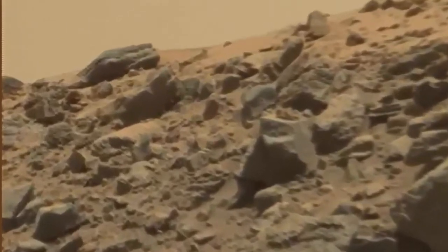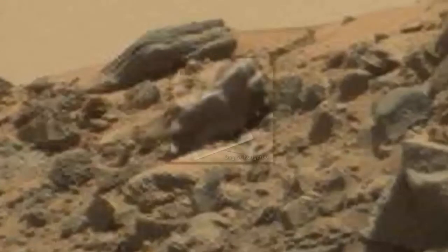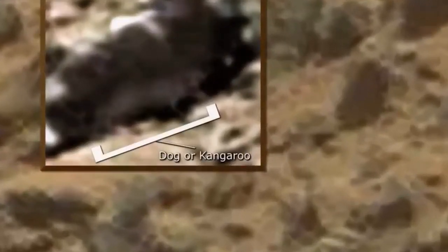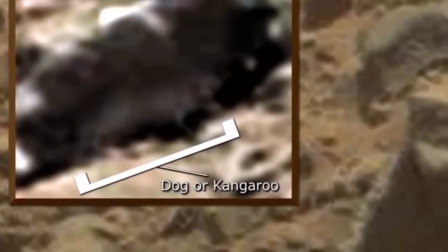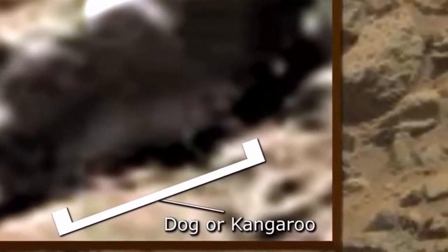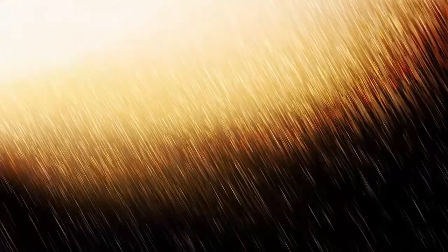NASA always adds a fake yellowish color tint on top of all their images, so that everything blends in as part of the environment, so that nothing out of the ordinary stands out. Like this, for instance. Let's take a look at the enhancement of this area. Here we can see what looks like an animal of some